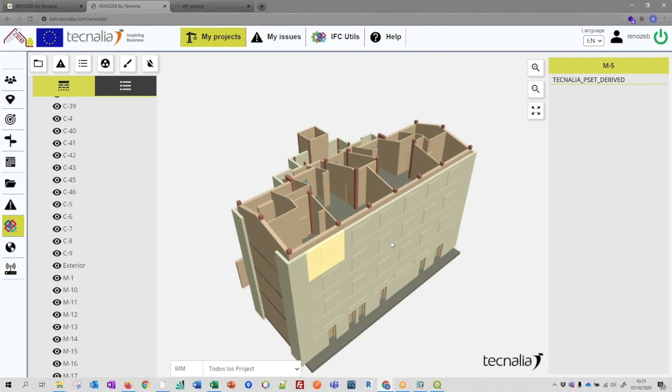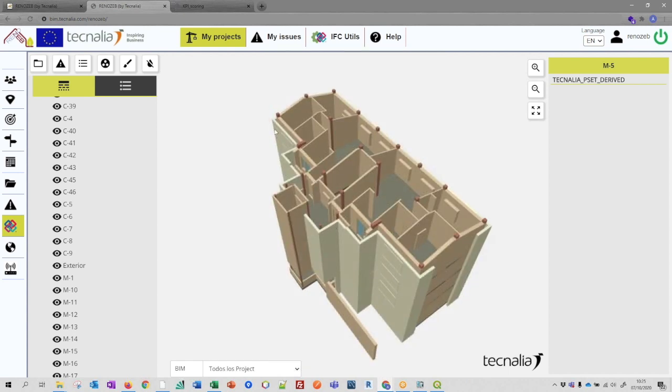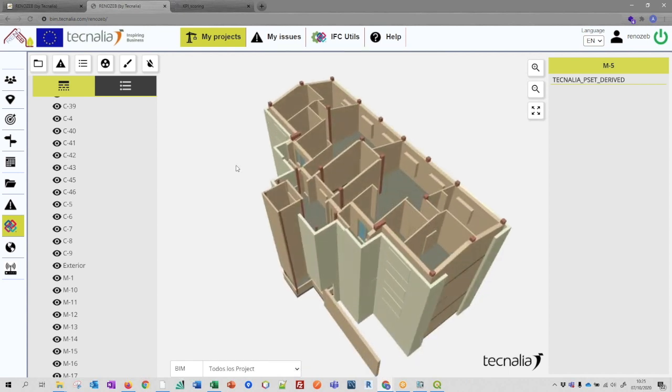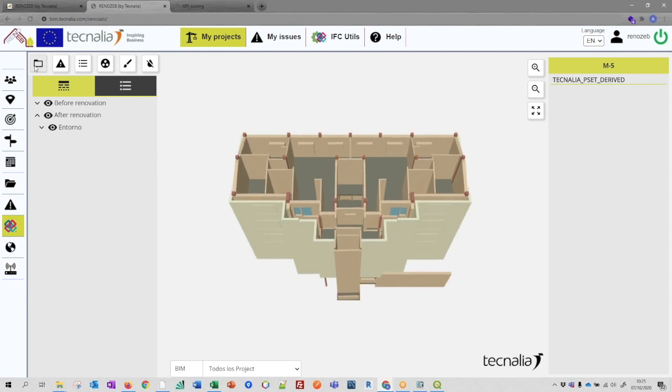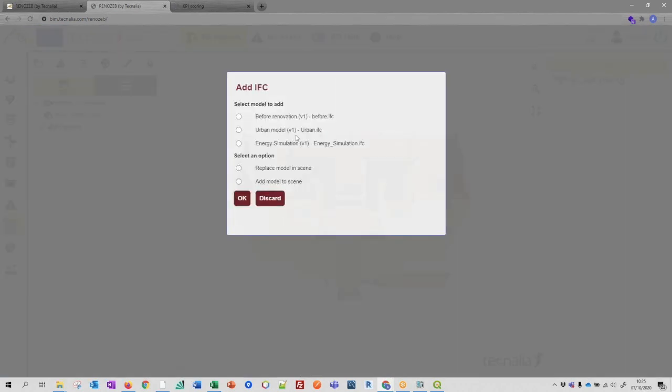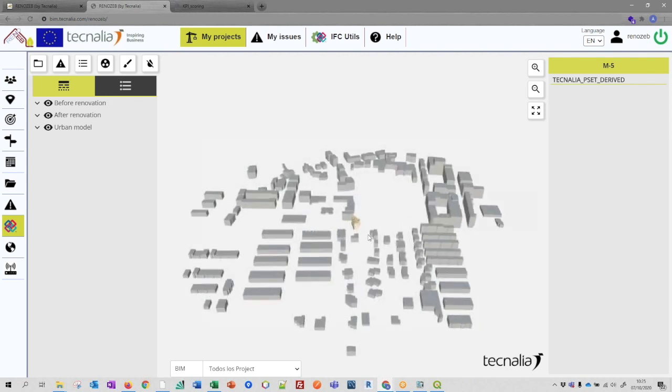So Anne will explain later in the SIP tools how this renovation model has been created. But here in this viewer, you can just view the two things at the same time. Also, we could add, for example, the urban model, which is an IFC we have created with some simplified blocks,